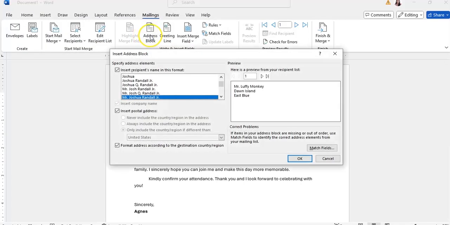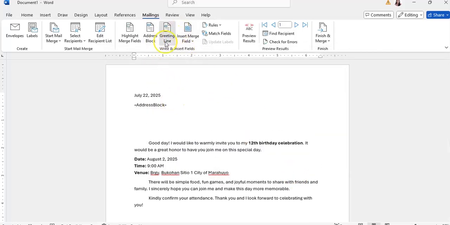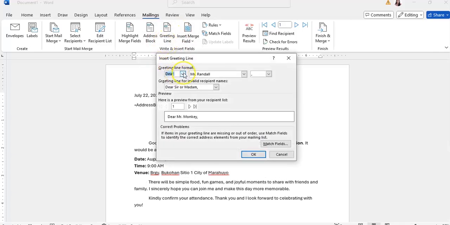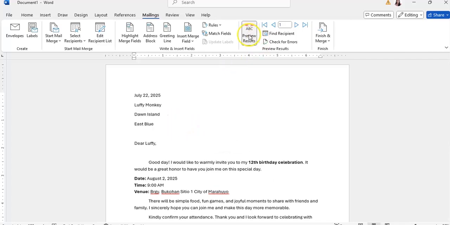Then let's move to address block, choose a format, then let's proceed to greeting line, choose a format, and then let's preview.